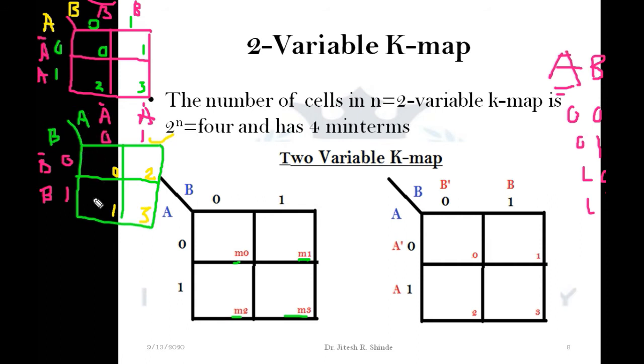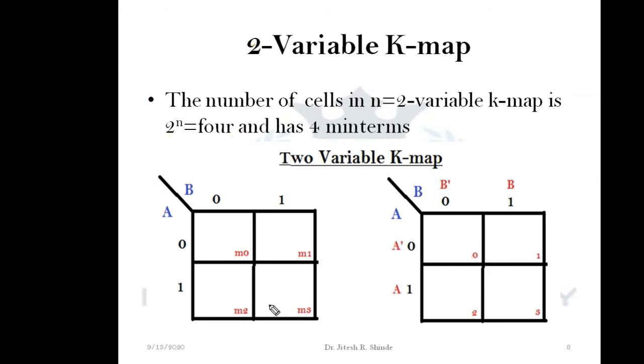Generally, most of the time I follow this pattern. In the book also this pattern is followed. Sometimes in the entrance exam, the placement of 1s will be given based on this pattern. You may be asked to find the input combination for which the output is equal to 1. So we should have knowledge of both patterns. Mostly I will prefer this combination, corresponding to 0, A bar, 1, A.